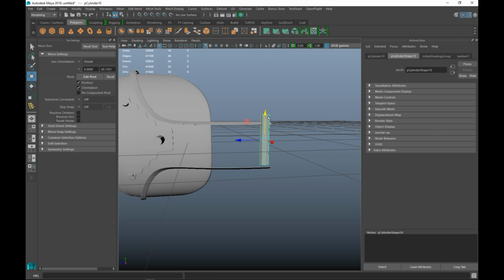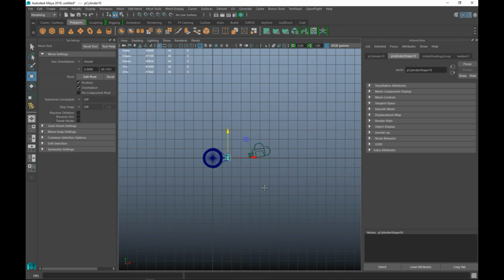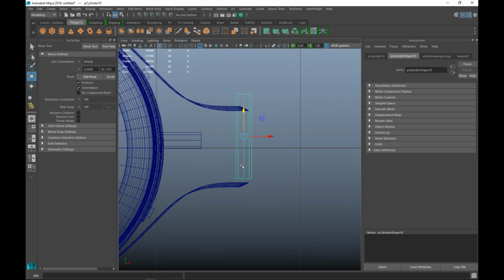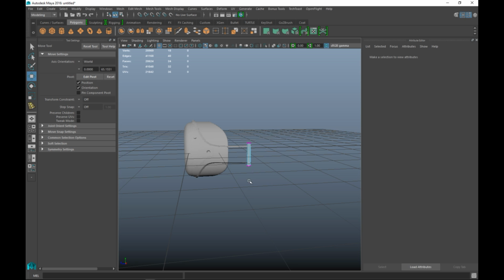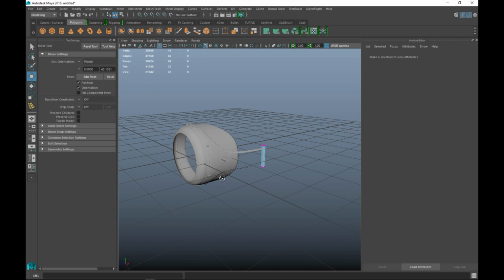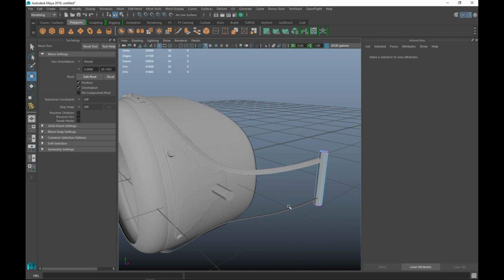Okay. So we're going to take this guy and we're going to level it between these two. So we're going to right click at a vertex, we're going to drag like that, and let's do this. Okay. So that is that, which is good. Now what we're going to do is we're going to take